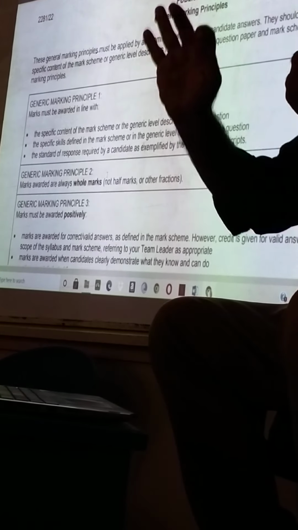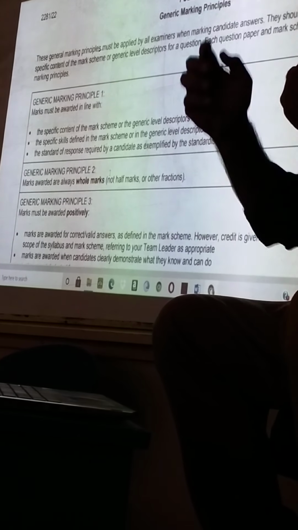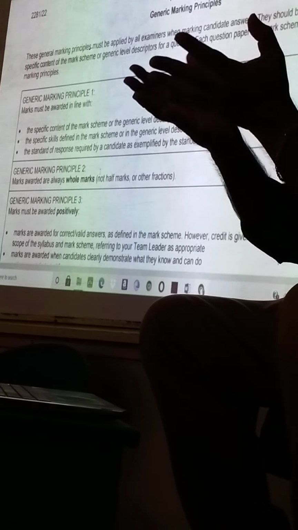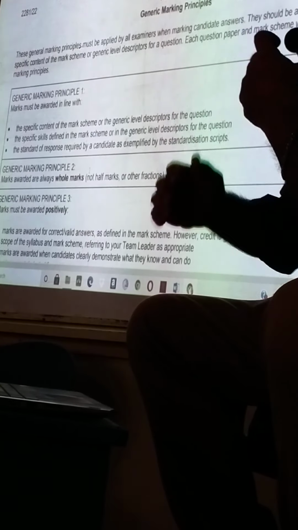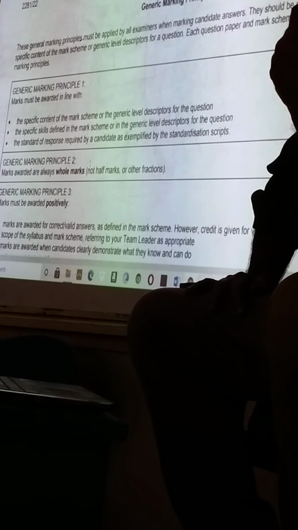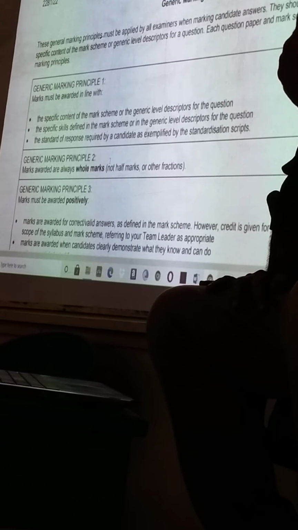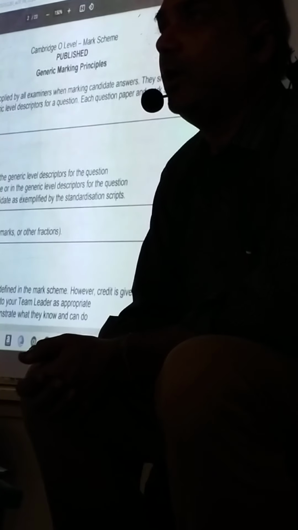For example, a discuss question of 8 marks. Some students have written 8 points, but those 8 points are just 8 statements. That is a list-like approach. And at most you are going to get 4 marks out of 8 on a list-like approach. So it means that you need to develop your point.